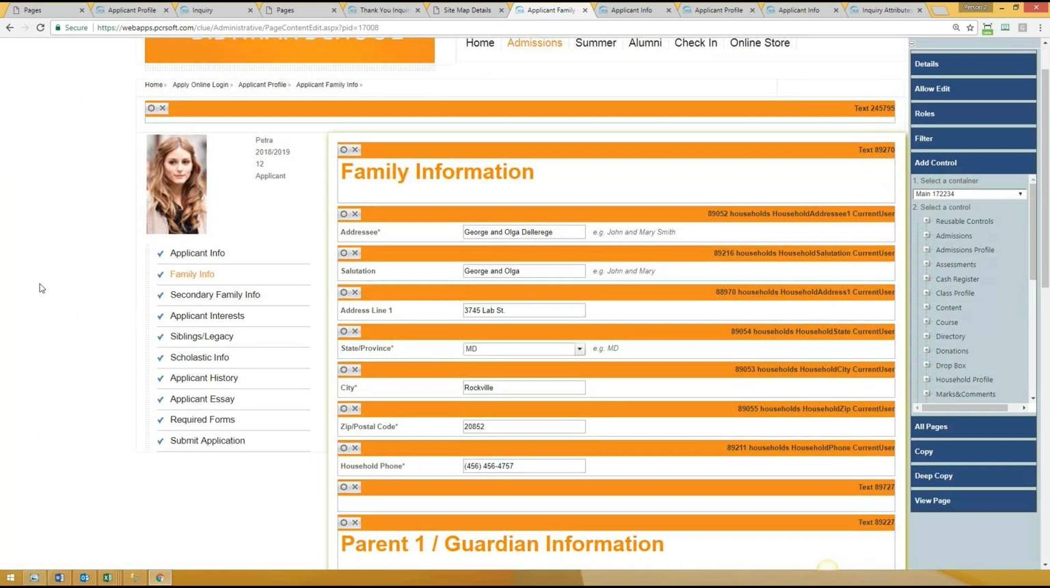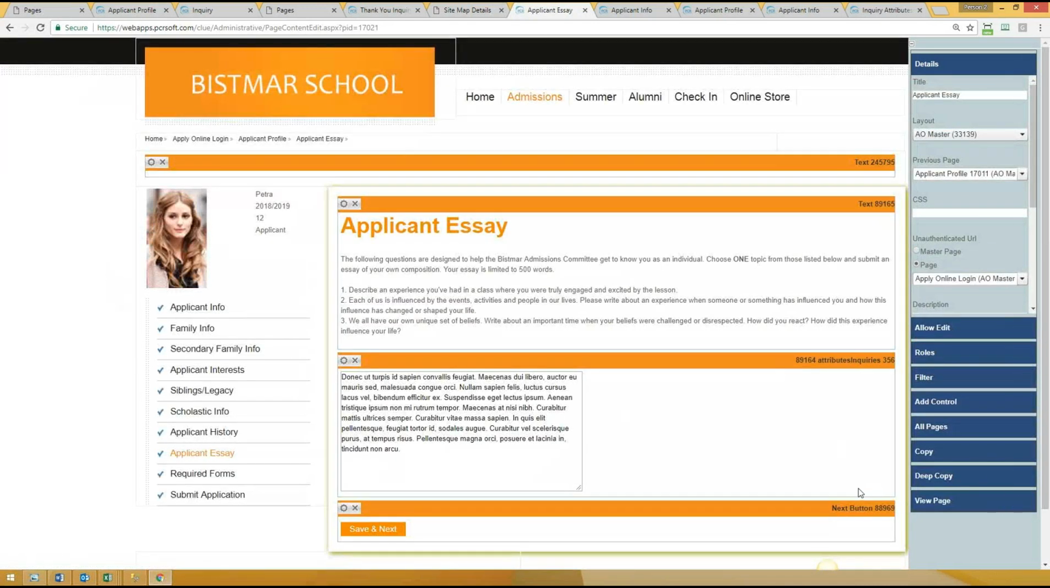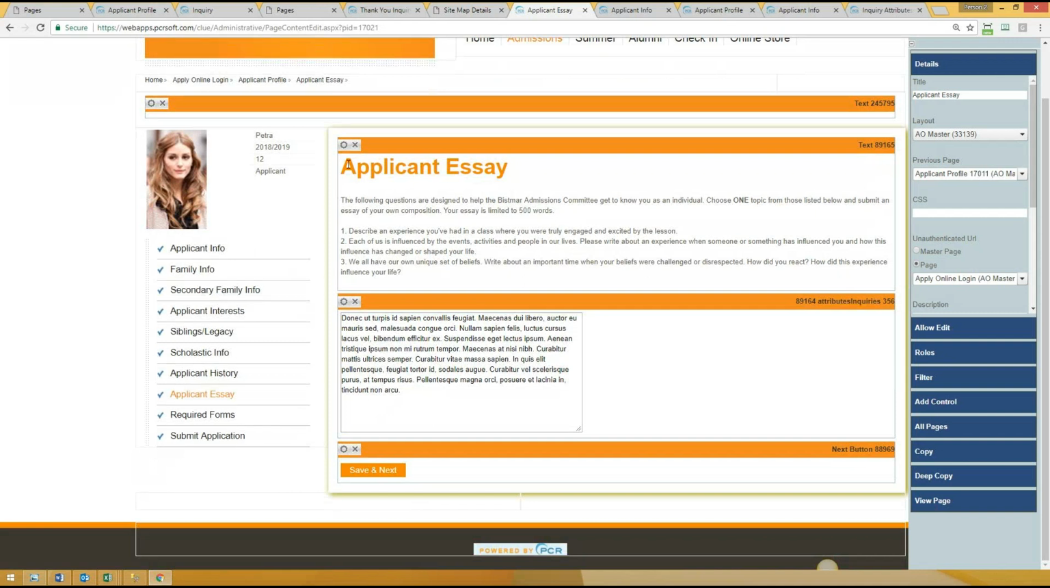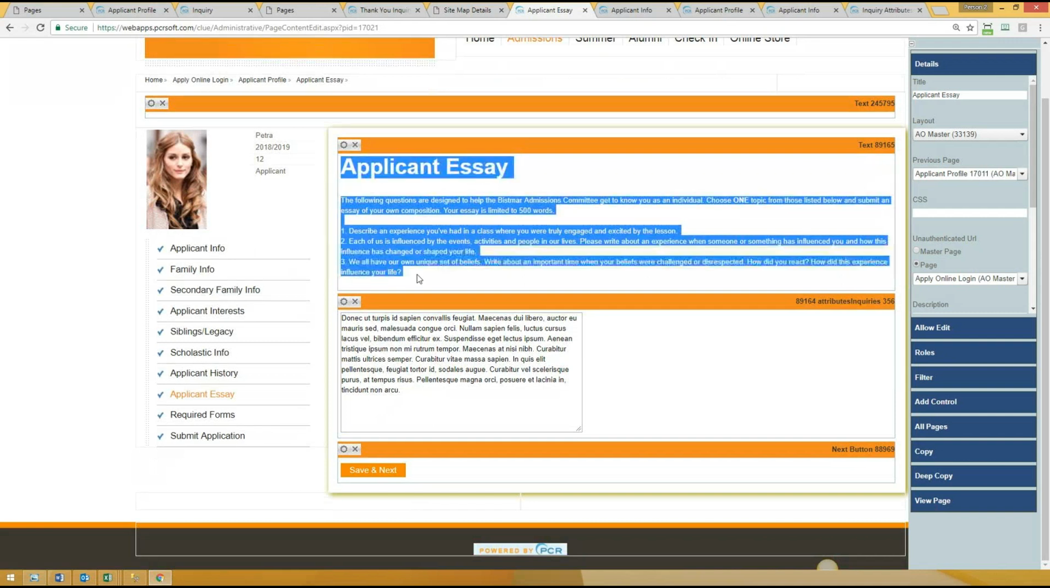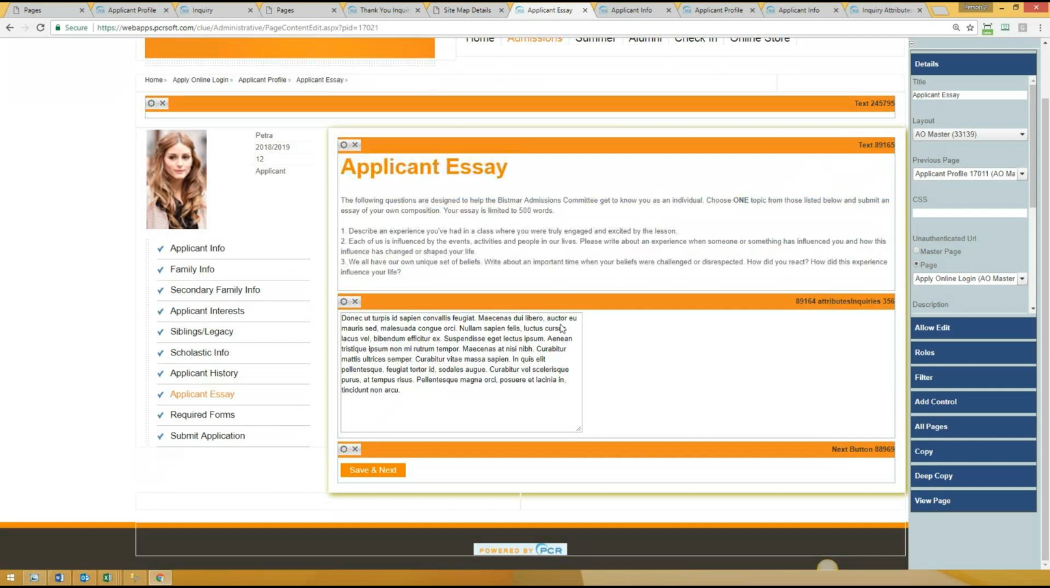Then the other major page I want to go over to showcase what the inquiry attributes does is the applicant essay page. On the applicant essay page, in the first part, I have my instructions, which I use the text control for. Then here I actually have a question. So here I ask them their question. Then I have the control where they can put in the answer. So if I open up my control here,